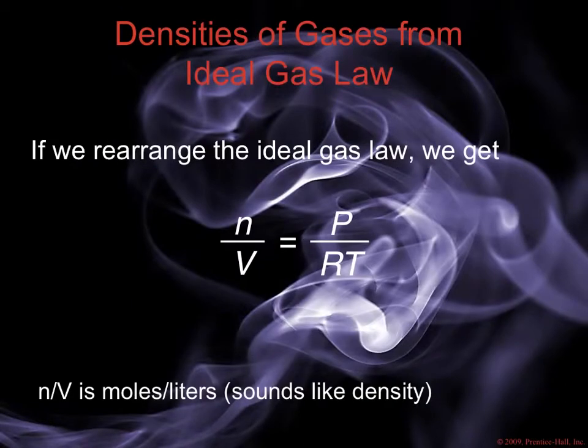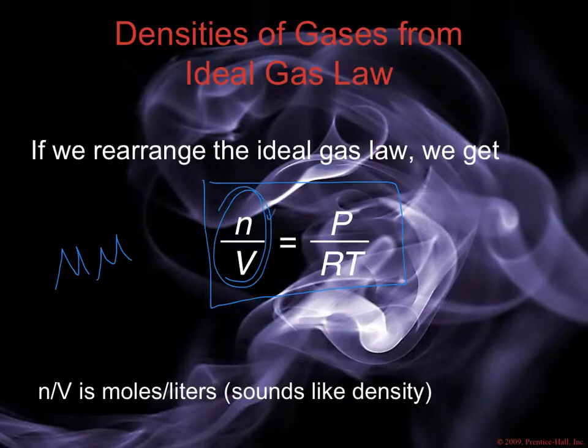All right, so using the density of gases and the molar mass, there's a couple other forms of the equation that you need to be familiar with. This is going to ultimately lead you to an equation that allows you to calculate the molar mass for a gas, and you won't need to do the derivation, but I just don't want to pop it out of nowhere for you. So if you rearrange the ideal gas equation, you can get it in this form, which is moles over volume. Moles over volume sounds kind of like density, doesn't it? The amount of something in a certain volume. And so starting with that,